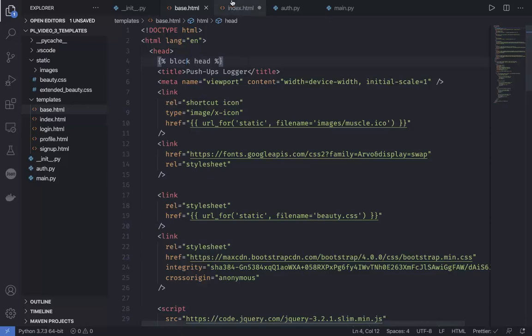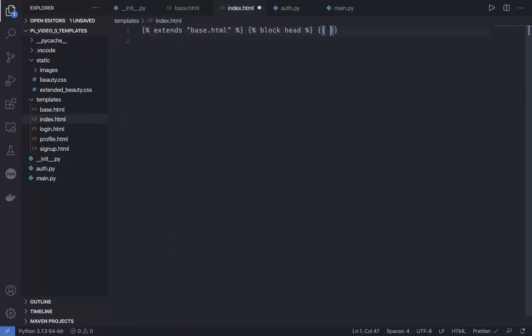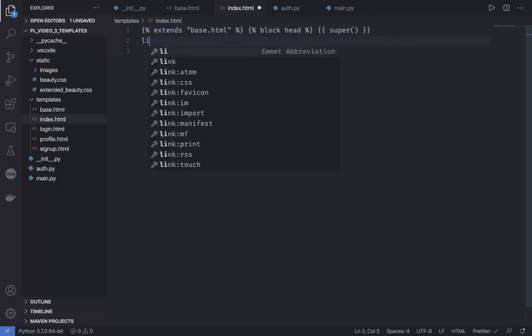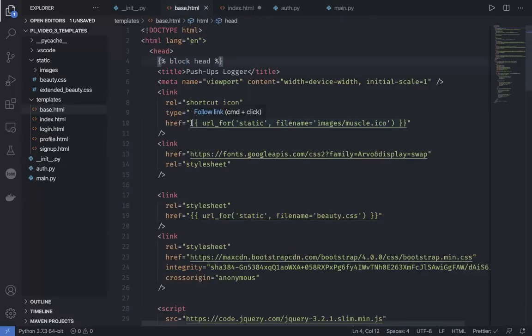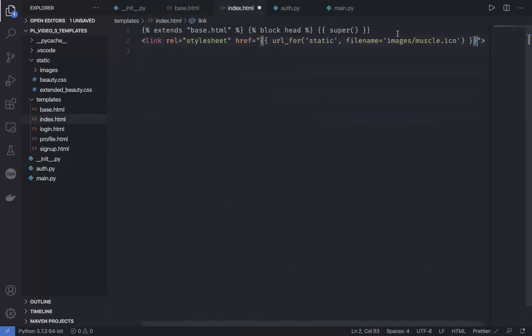So we have to inherit everything, right? So we just write that we are inheriting everything from the base, so super. Then we add our own CSS file. So I'll be linking here, and we want the extended beauty here. Let me go back and copy the code for adding the link. So here we have our static, and the file name is extended